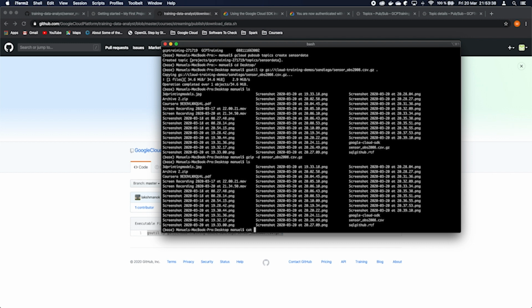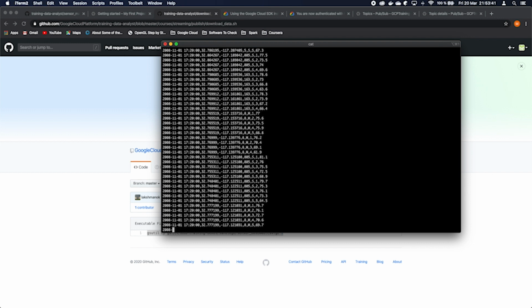And now we can look at cat sensor data. You see there are a lot. Let's give a less to the sensor data. So which data do we have? We have a timestamp which is ending here. We have the latitude of the sensor, we have the longitude of the sensor, we have the freeway, which is the highway, we have the direction of the car, which can be south, west, north. We have the lane based on how many lanes the highway has, and then we have the speed that was read by the sensor.